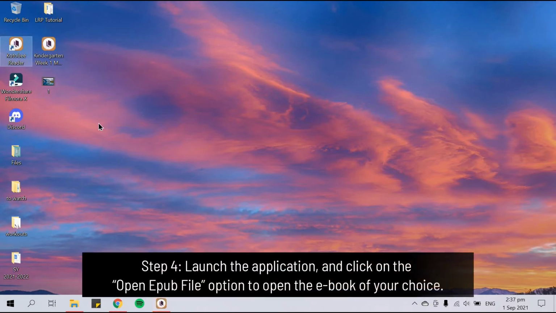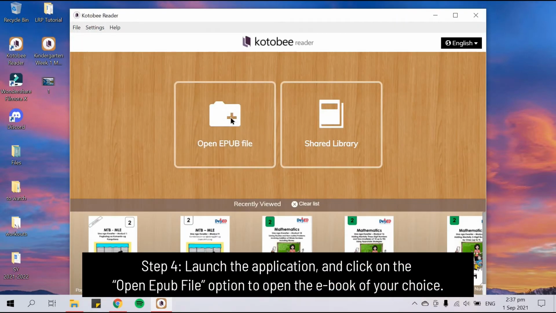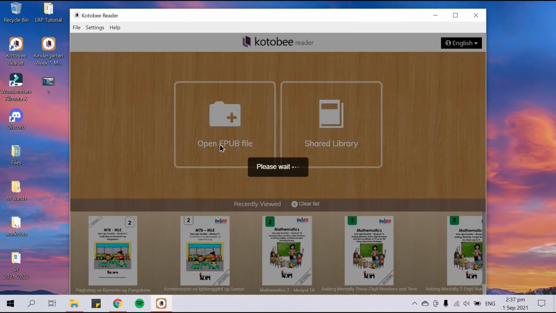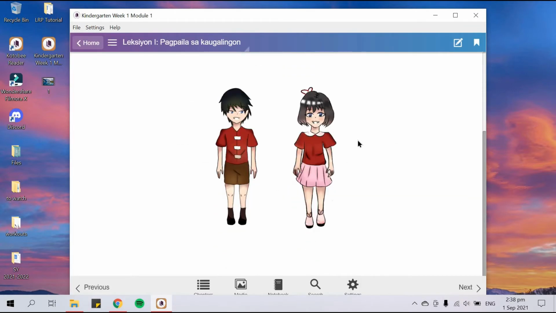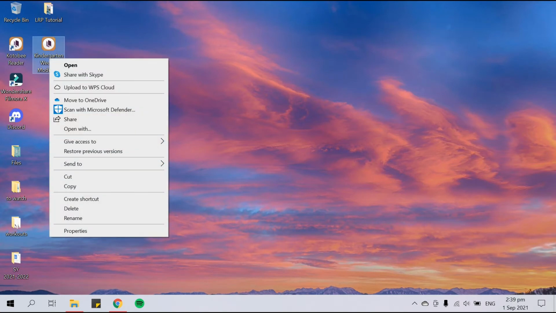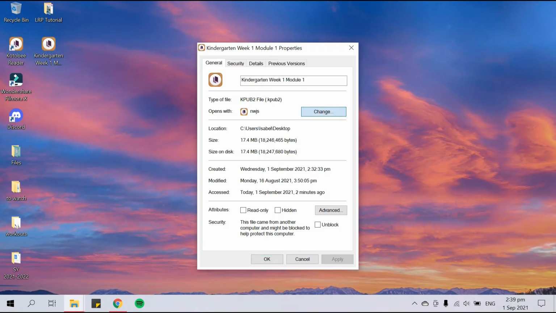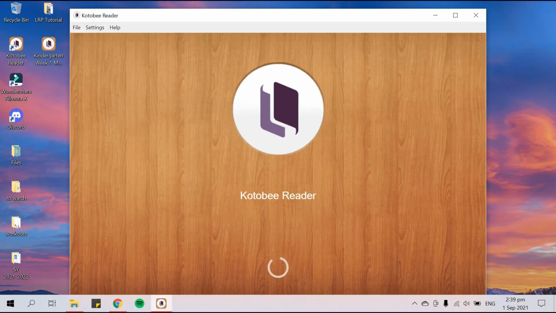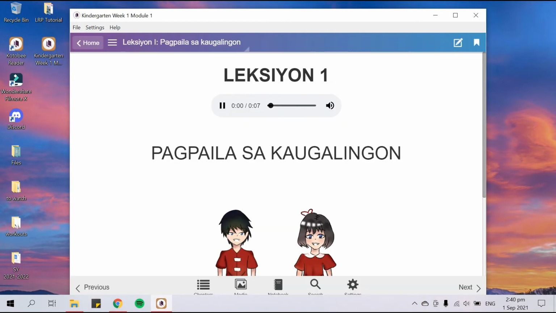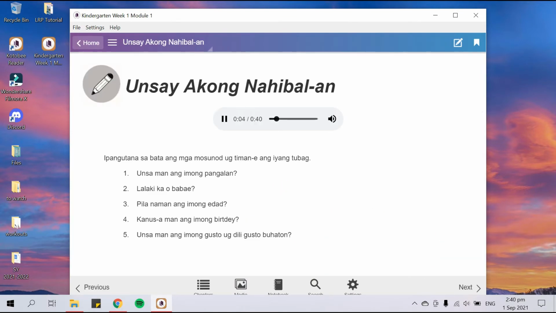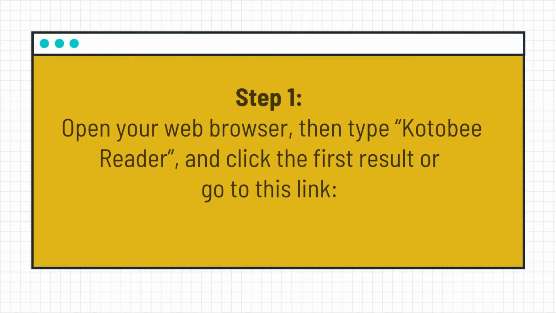All you have to do is launch the application and click on the Open EPUB file option to open the ebook of your choice. Or, you can just simply click on the file and set Kotobee Reader as the default app to use for opening .epub or .kpub files. Again, the steps are: